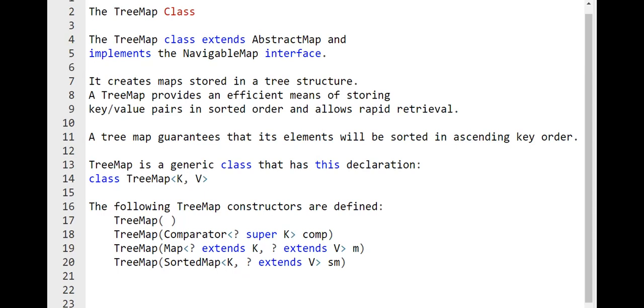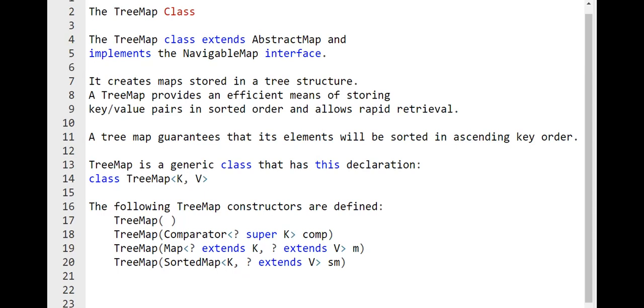Then in the fourth format, we can create a tree map with the entries of a sorted map. So tree map has no methods declared of its own. It will have all the methods that are defined in the navigable map interface and the abstract map class. So it doesn't have a method of its own.